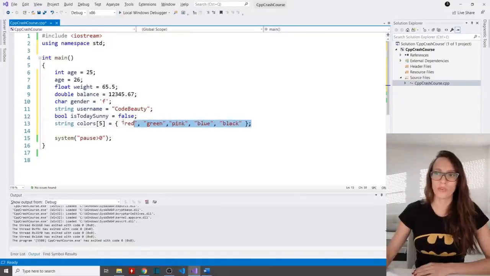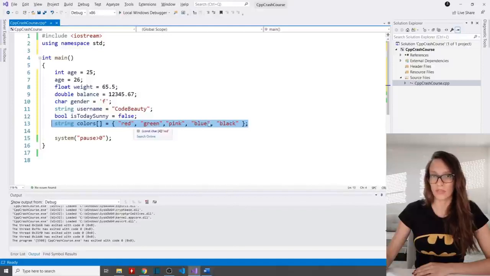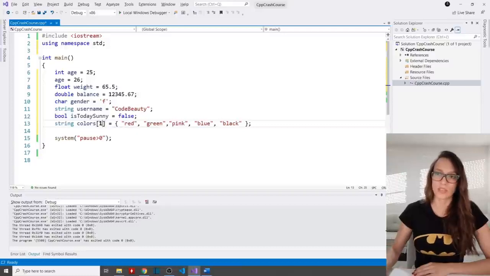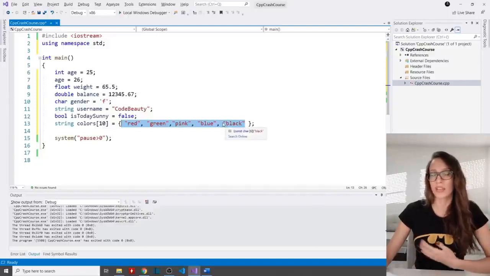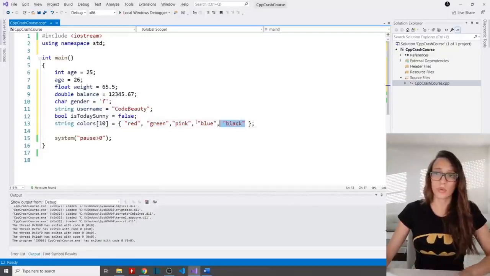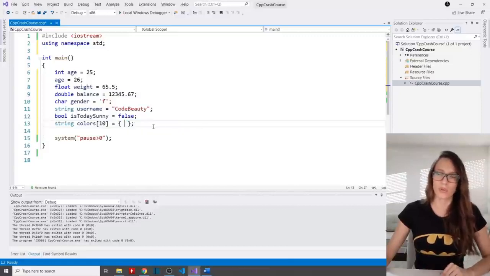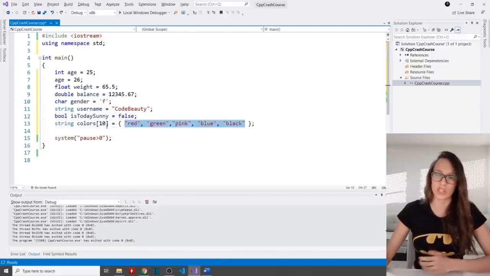Now, if you create your array and then you initialize it, you can omit the size of your array, and now your array is going to have the size of 5 of these string variables. And you can as well initialize your array and say that it is going to have a size of 10, for example, but that you want to initialize only the first 5, and then you have 5 of these variable places free to add later. Okay, and then you don't even have to initialize these up front, so you don't have to give a value to your variables that you are storing in your array initially.